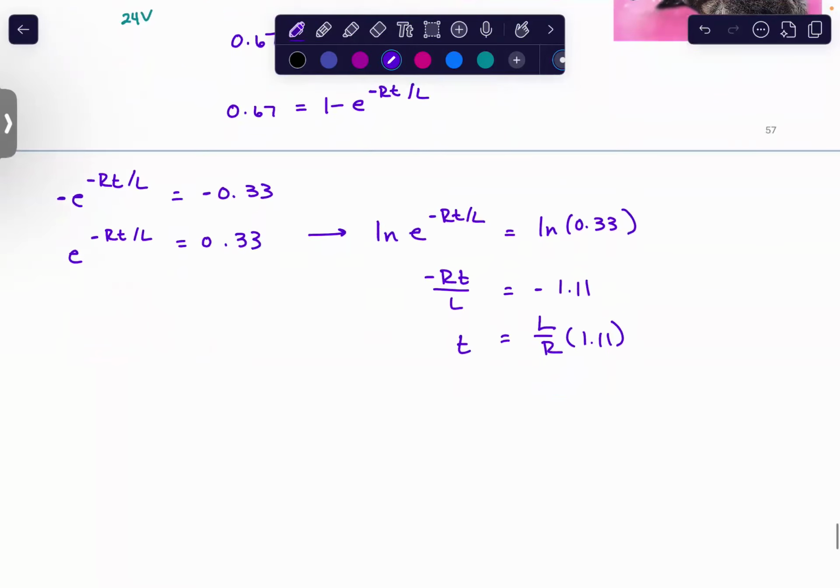And so then from here, you can plug in your numbers. So the inductor